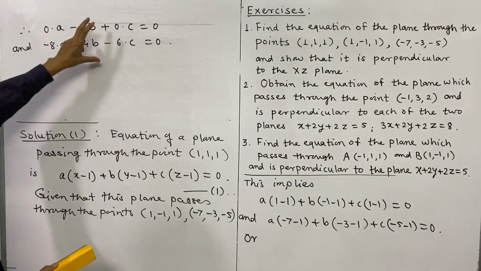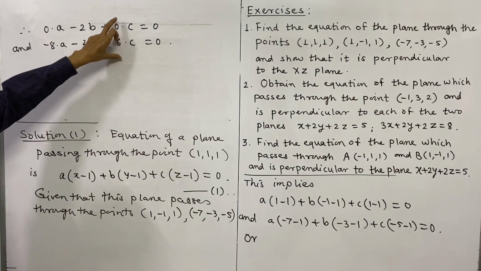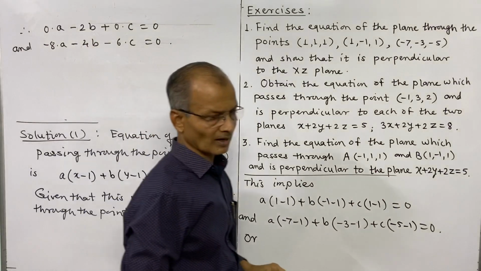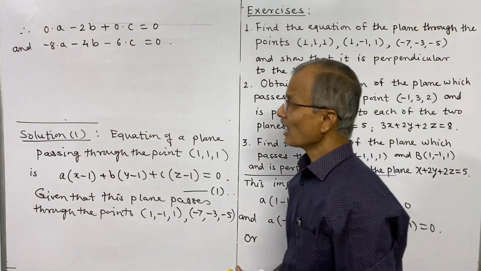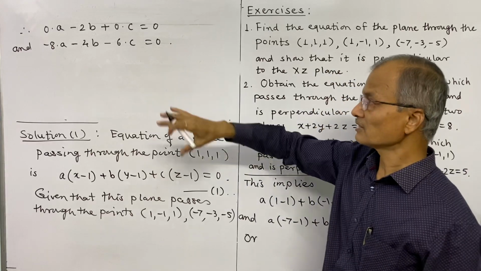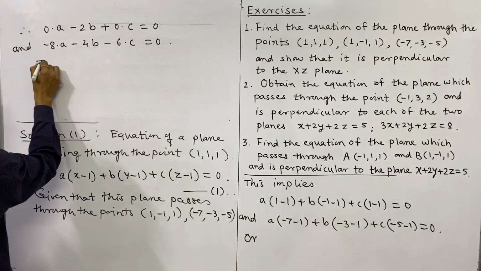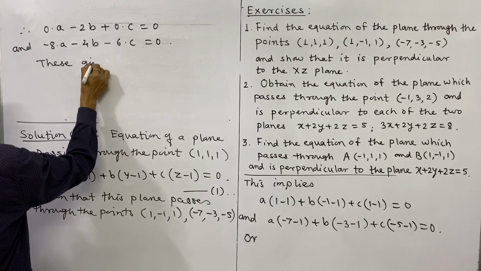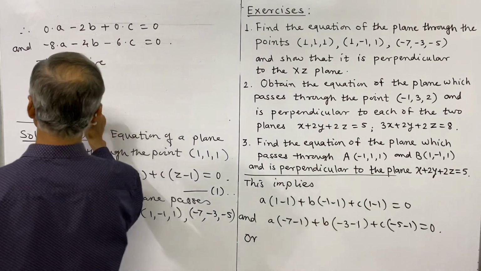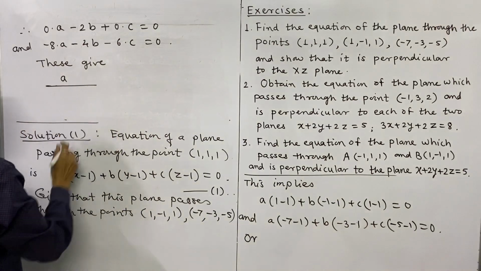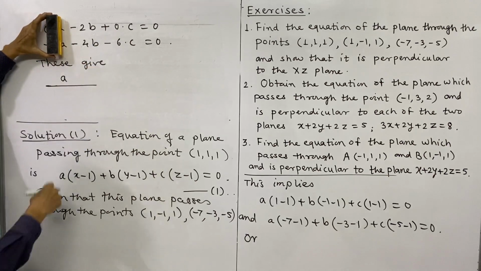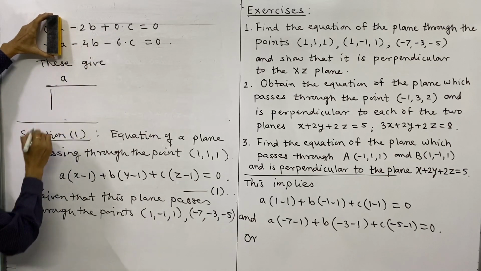So we want to get the values of a, b, c from these 2 relations. Actually, there will be infinitely many values of a, b, c because there are 3 unknowns and 2 equations only. And any proportionate value we will obtain. And these equations give. Now, how to determine the value of a? We may use the Cramer's rule and write as a divided by, so, hide this column or this part and write the coefficients of remaining in the form of determinant.